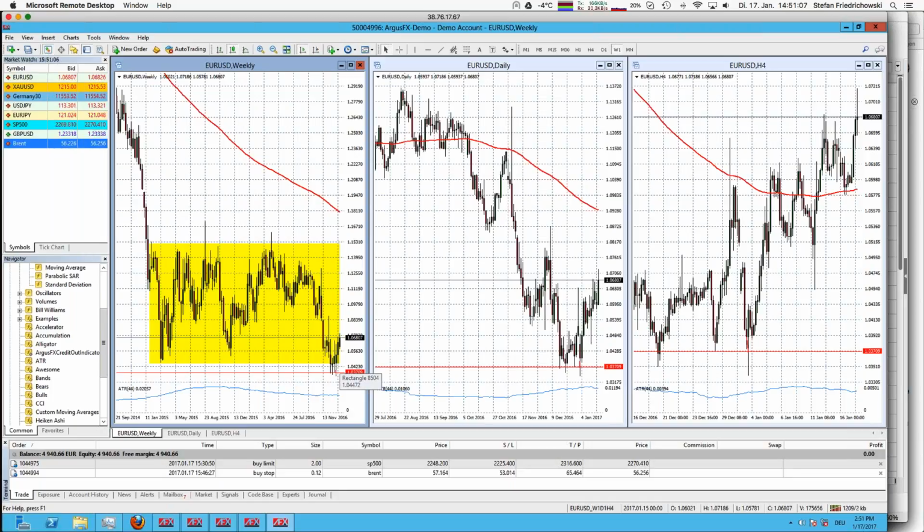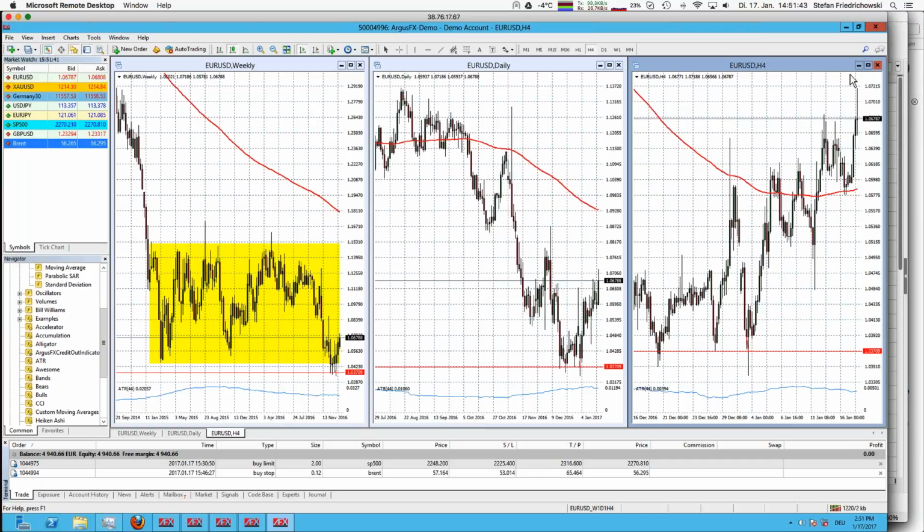within euro US dollar, and you see that is a so-called fake breakout to the south, now going upwards, but we know that the overall direction is clearly to the south, and same we can see in the D1 chart, coming from a more sidewards behavior, going down. Now we have a correction upwards once again, so going down would be my favorite. But how to set finally the trade? We will do that, of course, here in our H4 chart.